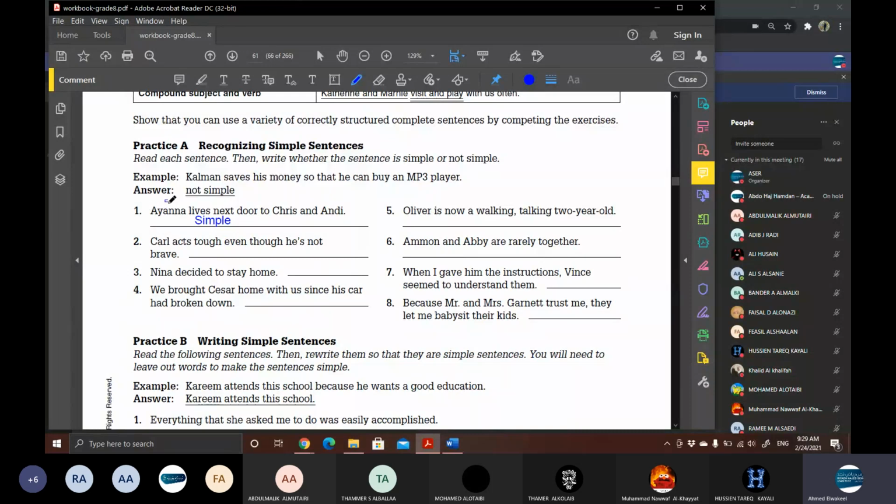So Ayana, subject, lives, verb, next door, that's a prepositional phrase. To Chris and Andy, another prepositional phrase. So it identifies one complete idea, one complete information. Consequently, that's a simple sentence. Nice. Number 2,